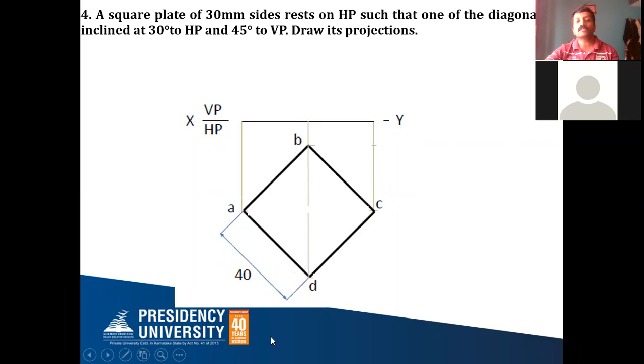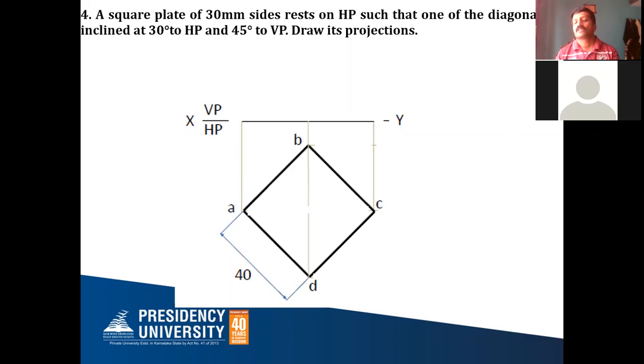Now without changing it, from D, that is from this point, you cut one more arc of the same 40 millimeter, and from this other point you cut one more arc of 40 millimeter. Wherever they intersect, that is one more point. Now if you join all 4 points together, you get a perfect square with the corner condition, wherein the corner is resting, that is, the corner is coming on the left side of you. This is how you complete the top view in the corner condition example. After this, you can name it. I have given the names A, B, C, D.